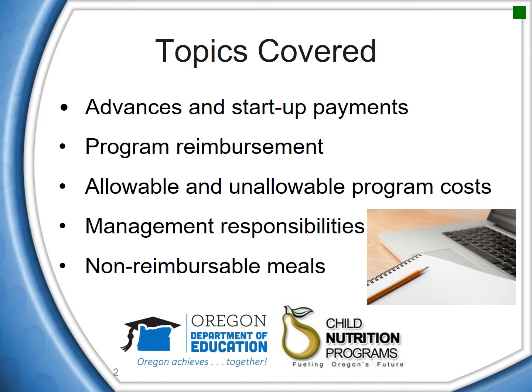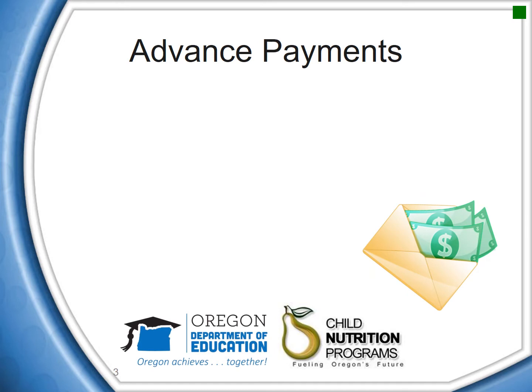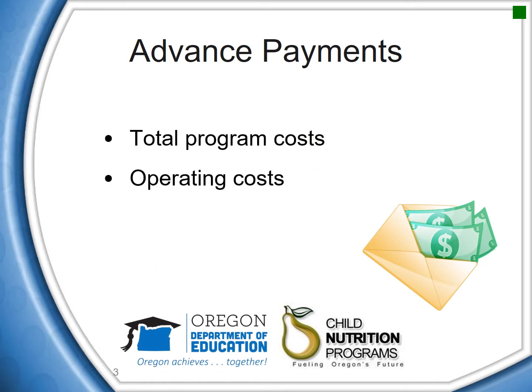Program payments are the reimbursement that sponsors receive based on the number of meals they serve that meet SFSP requirements for reimbursement. When sponsors apply for the program, they have the option to request advance payments. Advance payments may be requested for their total program costs, for their operating costs, or for their administrative costs. Sponsors may not request an advance for operating and administrative costs combined, but must make a request for operating costs and administrative costs separately. Sponsors make advance requests on the sponsor information sheet in CMP Web.